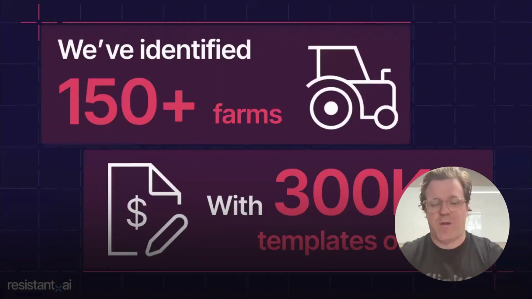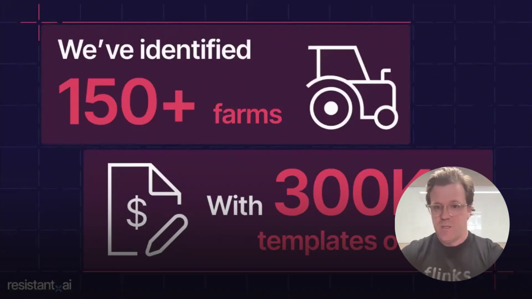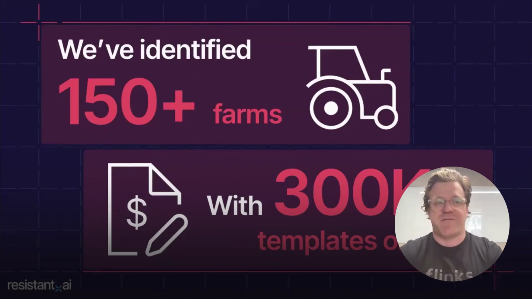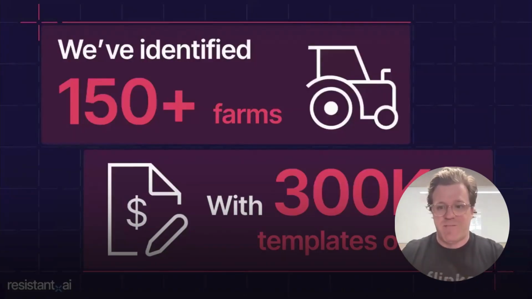The point on that, with regards to the 300,000 templates, we've talked a lot about bank statements today for obvious reasons. A lot of our customers use bank statements and transactional data, but these templates aren't just specific to bank statements, right? We can be looking at void checks, pay stubs. So you can be sitting there thinking about how does this affect me if it's on a bank statement? Well, if you have an onboarding process for KYC, or you have a payments processing company where you need the void check to be uploaded to get the payment information, this is all part of the farms that exist today.